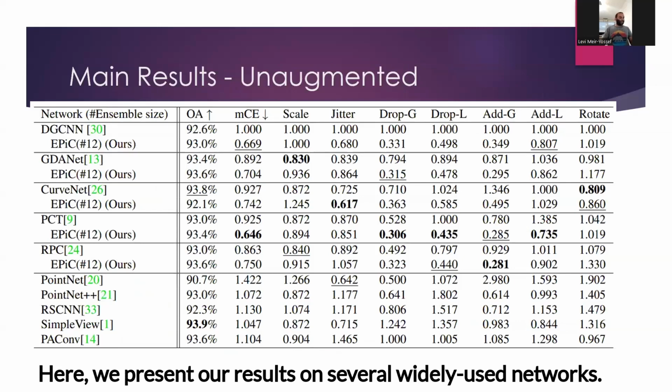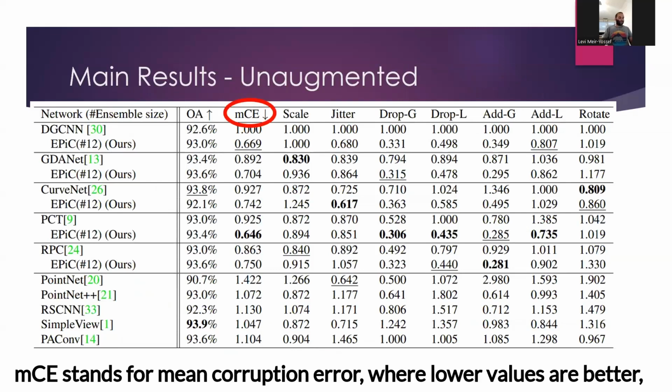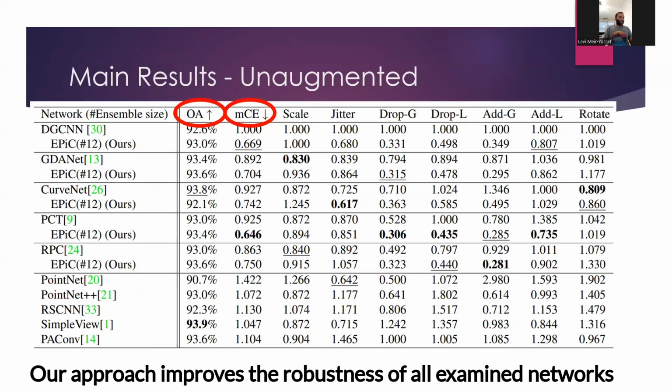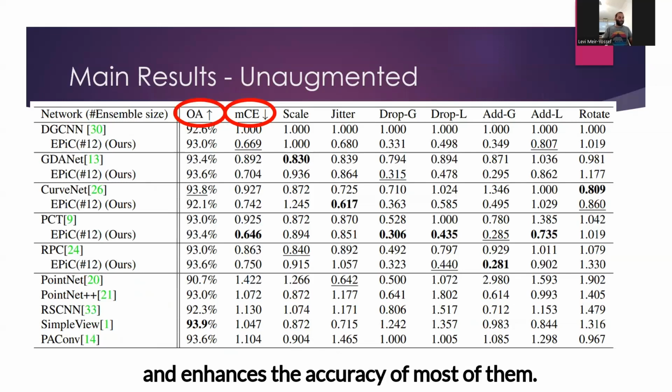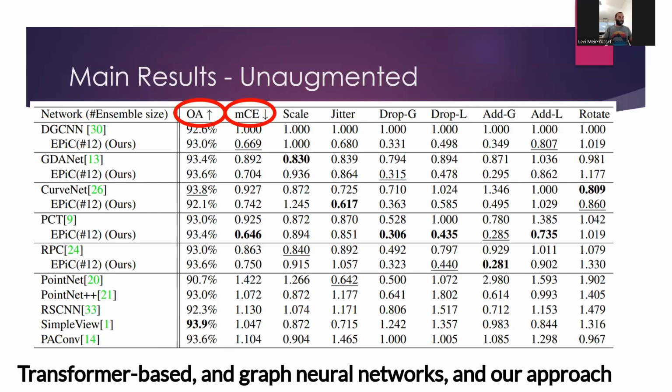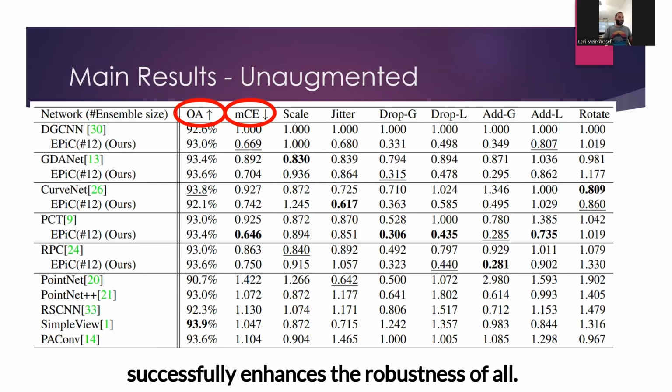Here, we present our results on several widely used networks. MCE stands for mean corruption error, where lower values are better, and OA represents overall accuracy on the uncorrupted dataset. Our approach improves the robustness of all examined networks and enhances the accuracy of most of them. We assess different types of architectures, including CNN-based, transformer-based, and graph neural networks, and our approach successfully enhances the robustness